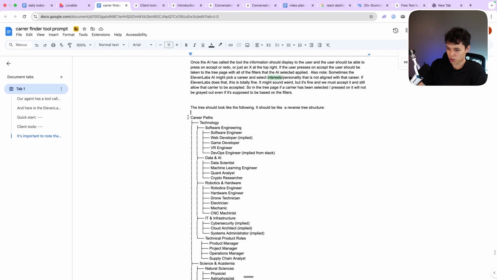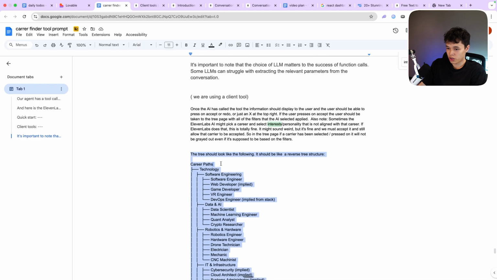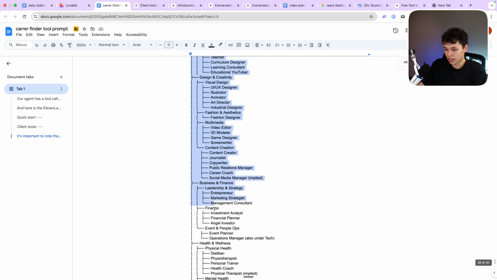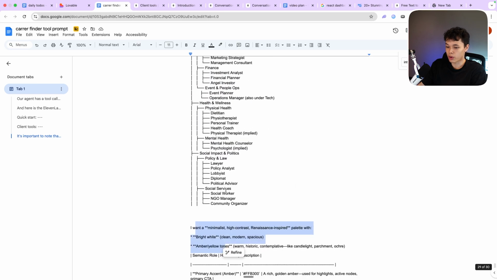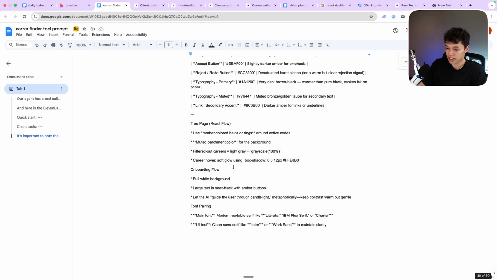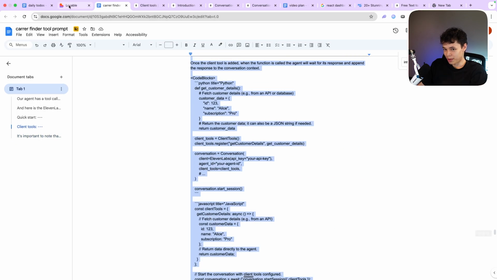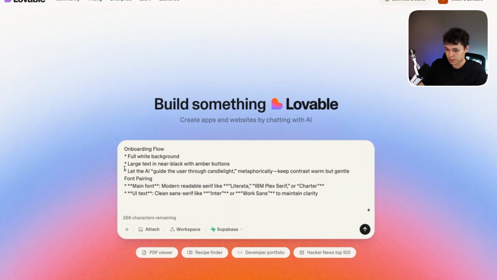That's what I'm saying. Because, yeah, I mean, maybe the user just wants a career which isn't aligned with his interests. And then I've also here just written the career tree structure, just so Lovable has that when creating the actual graph flowchart. And of course, I used ChatGPT to generate this. And here we have some styling guides. I also used ChatGPT to create these styling guides as well. I think that's it. I've covered this prompt. It was very, very extensive, but now we can paste it into Lovable.